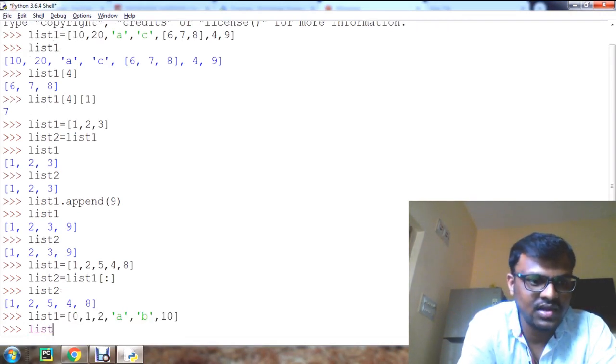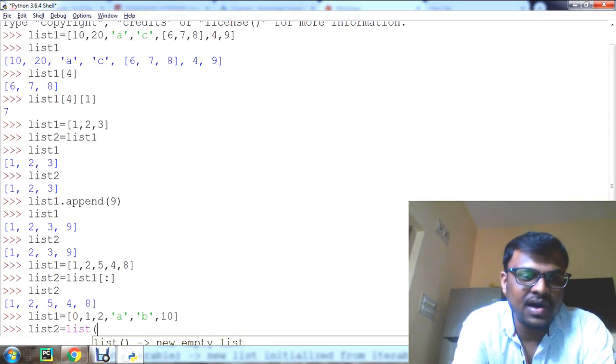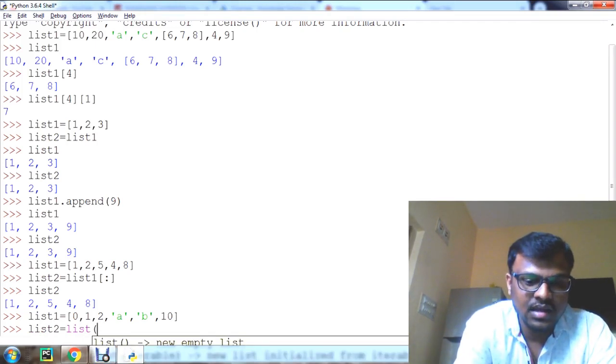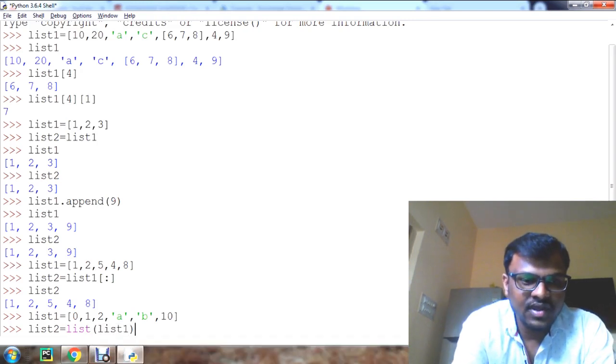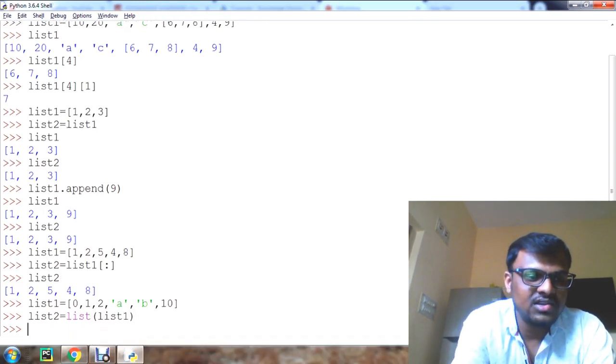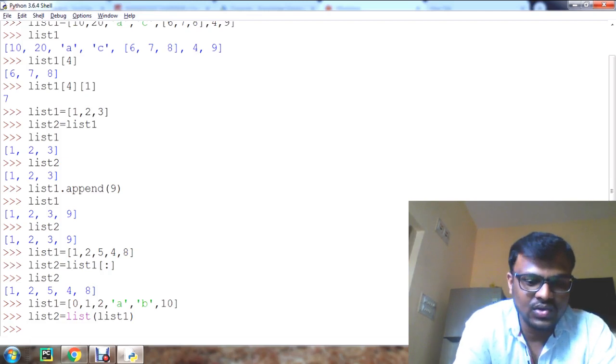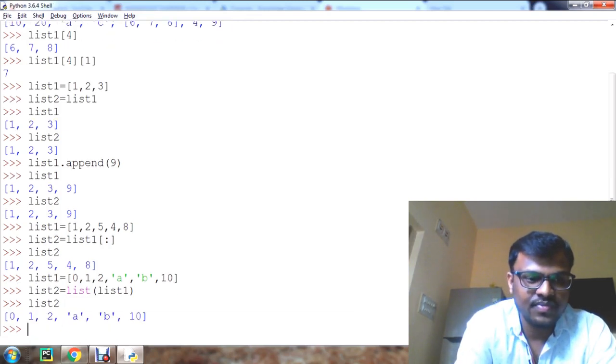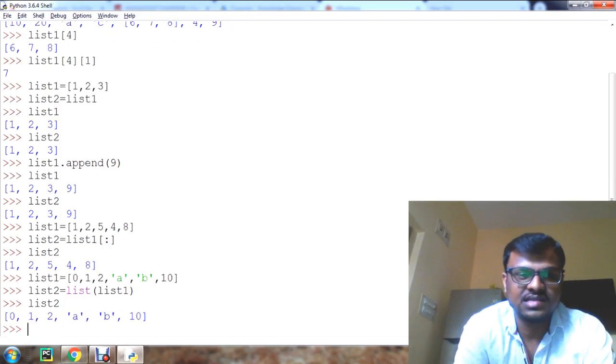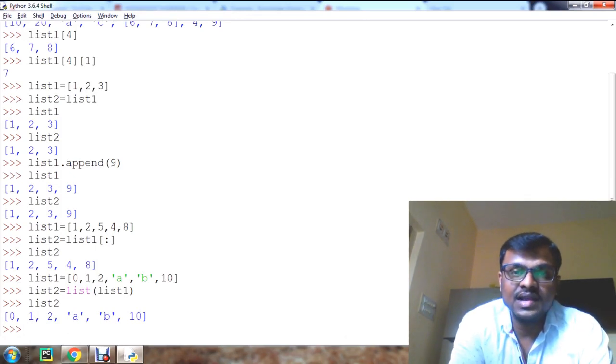Now we should give the new list, that is list 2 is equal to, we should use the built-in list function here, and we should pass the parameter, that is list 1. List of list 1. Now the list 1 values are copied into list 2. Now display list 2. It is displayed like this. This is the use of the built-in function list to copy the list elements.